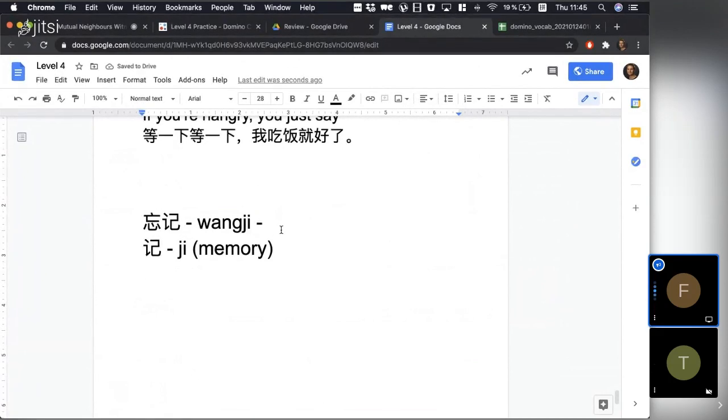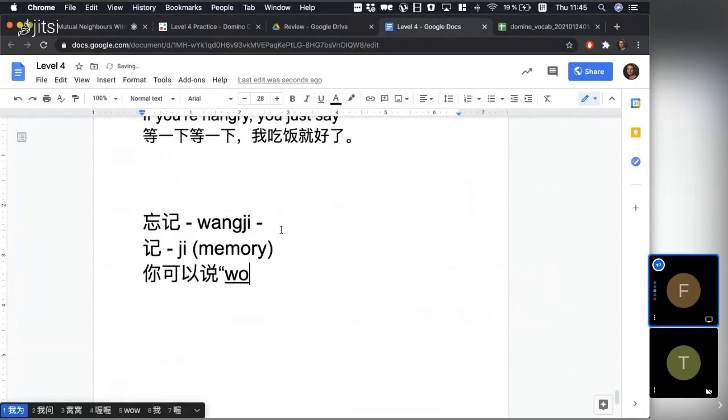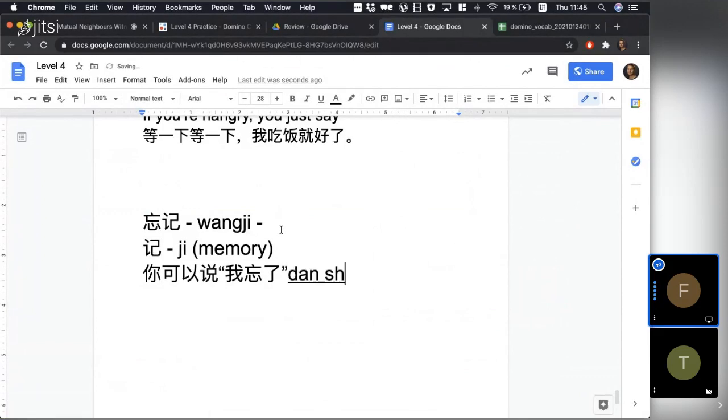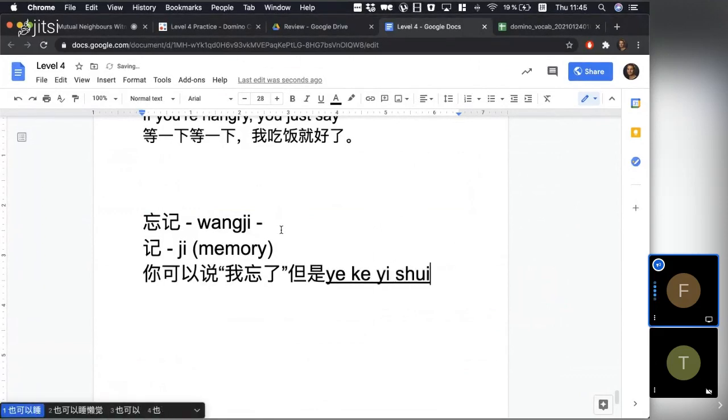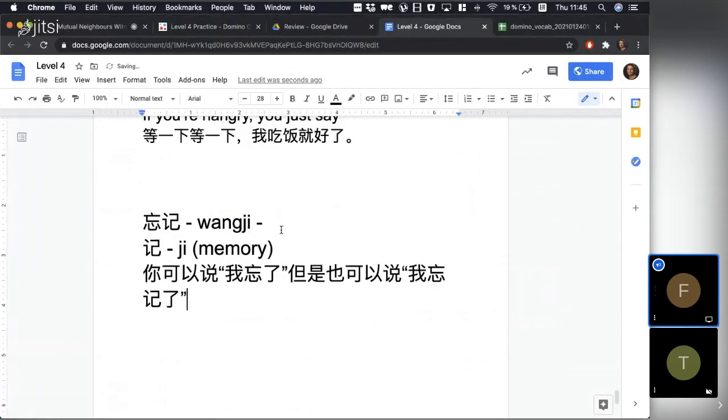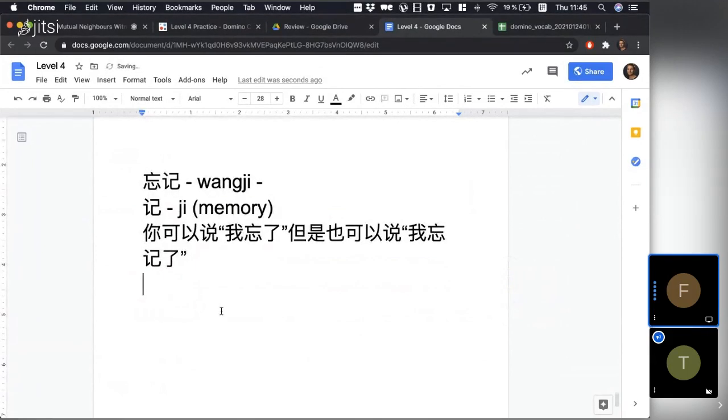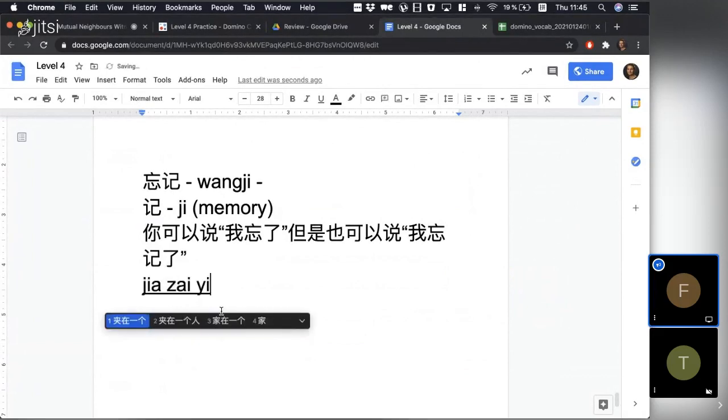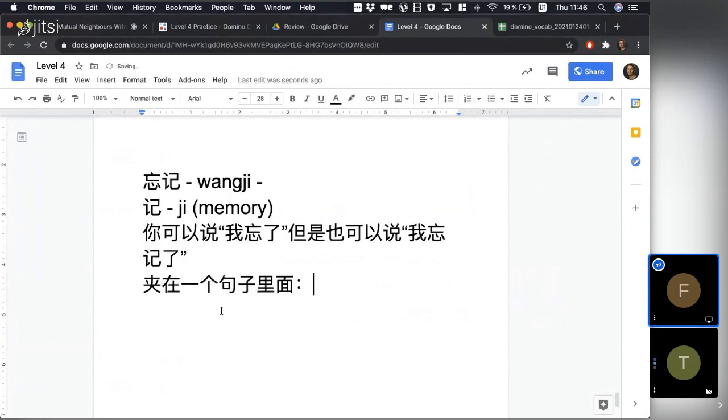所以我们可以说我忘了。你可以说忘了，但是也可以说我忘记了。It's a bit more formal. Just 忘记了。Both are correct. Both are perfect. 两个都可以，两个都非常好。好的。忘了。好的。OK，我们可以先加这个忘加在一个句子里面。Add it into a sentence inside. 加在一个句子里面，好吗？忘记。